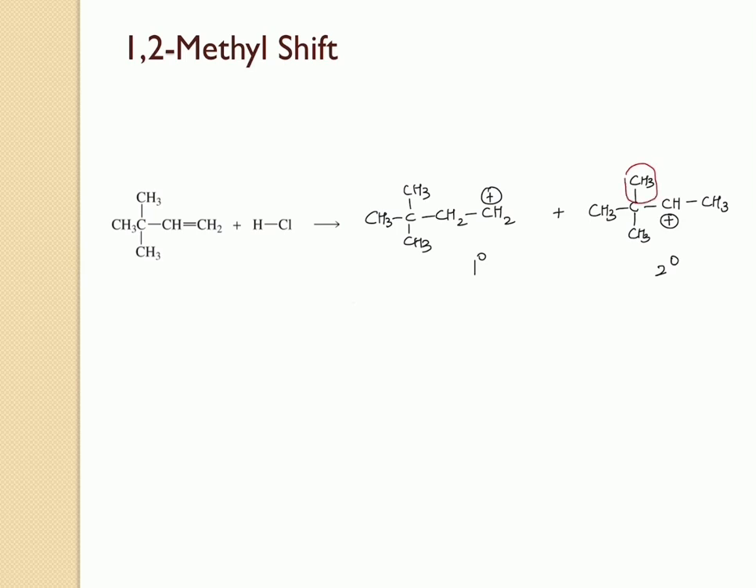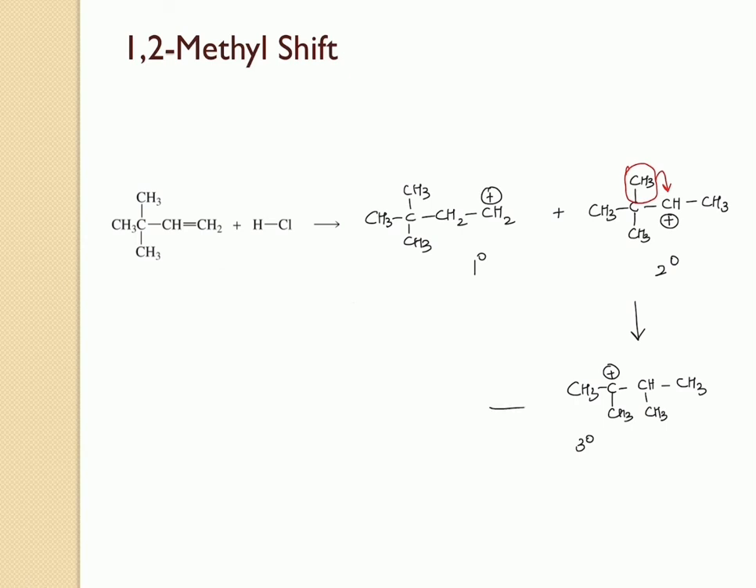So this methyl group is moving from its first position to the second position. You can keep this as first position, this as second position, or you can also do it the other way. You can keep this as first position and that as second position. And these numbers have got nothing to do with the nomenclature. So when that methyl group has been shifted, it's going to lead to the formation of a tertiary carbocation. So now you have a tertiary carbocation